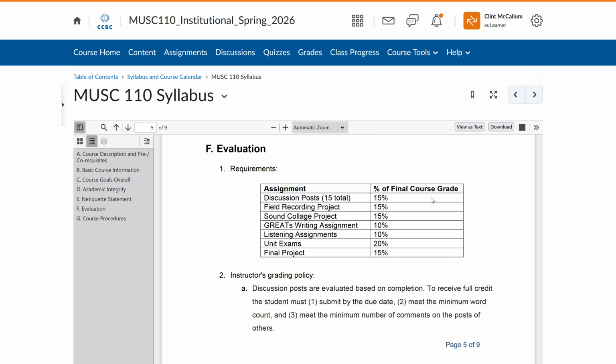Where you'll have a very clear prompt asking you to, 1, post to the discussion board in relation to a particular question or topic, and 2, to post a comment on somebody else's discussion post. So in order to get credit, you both have to contribute a discussion post of your own and comment on somebody else's discussion post. It's very important to stay on top of the due dates for these, because it is a discussion,